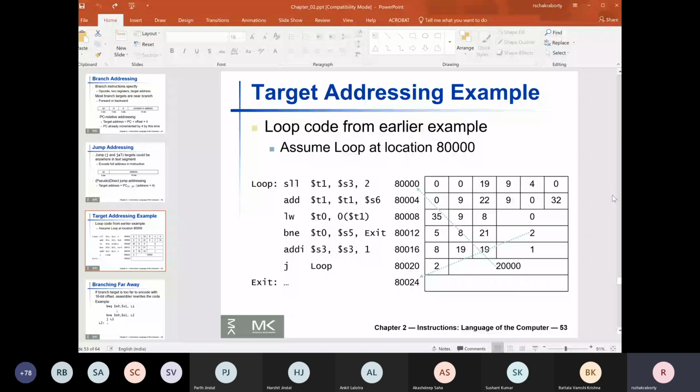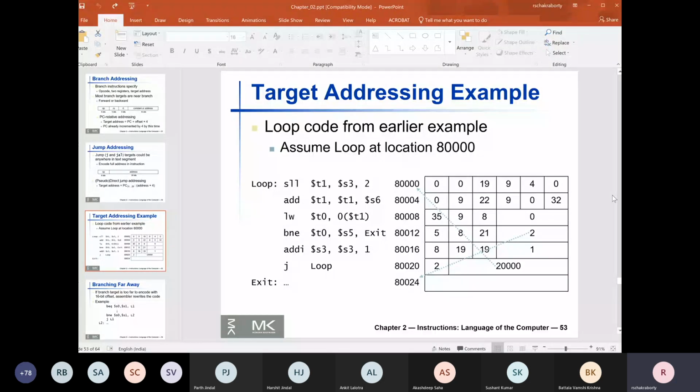The offset is stored as 2. Why? Because if you add 80016 to 2 multiplied by 4, that is 2 shifted left by 2 positions, which becomes 8, you obtain exactly 80024. That's why the offset stored here is 2 and not 3.